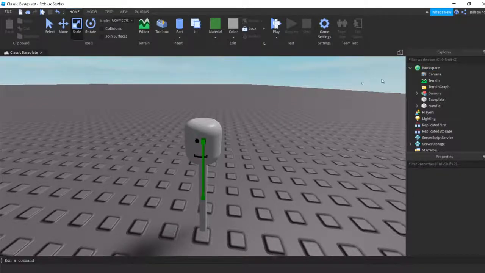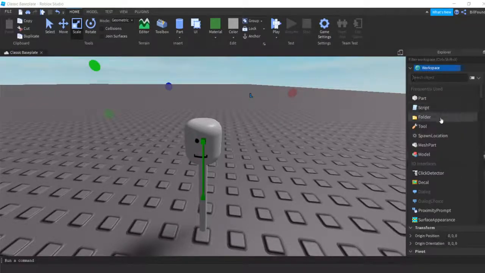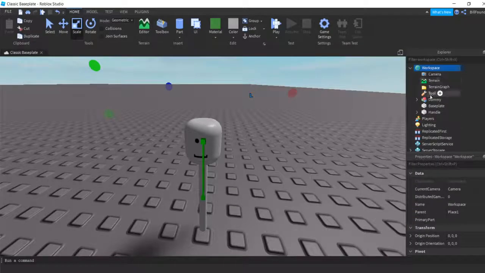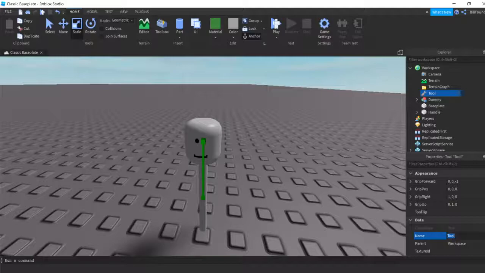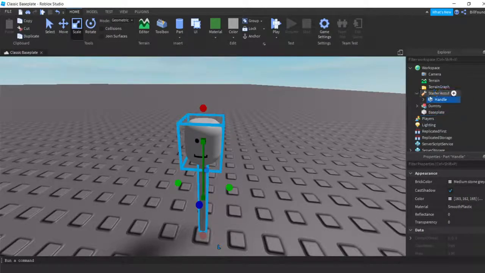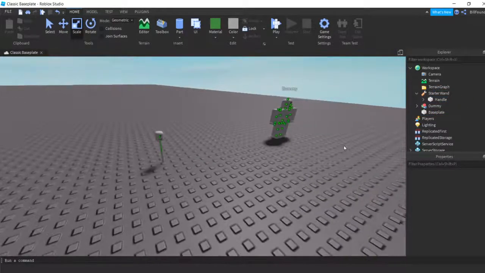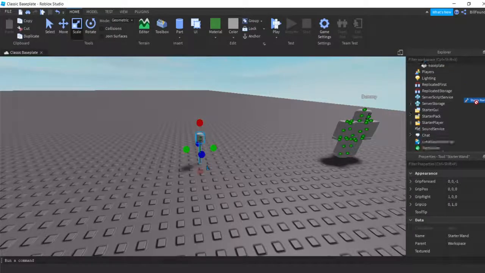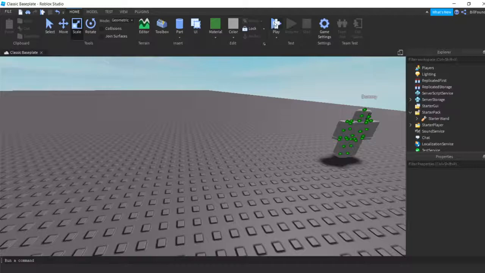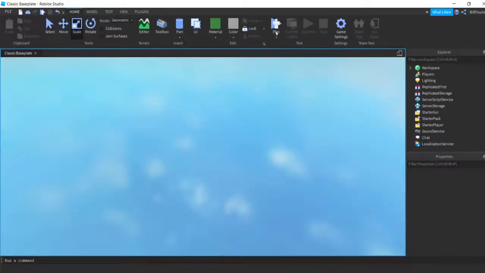So go over to workspace and click on the plus and select tool. And then we're going to name this tool starter wand. And we're going to drag the handle into the starter wand. So now, if we put this into starter pack and click play up at the top there,